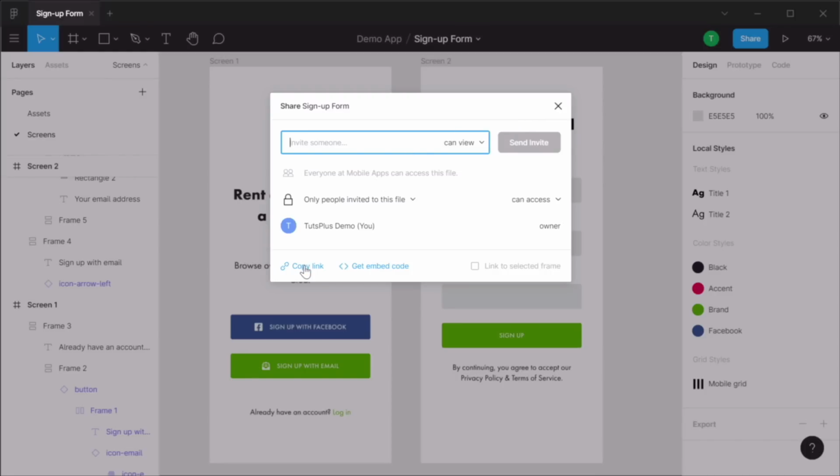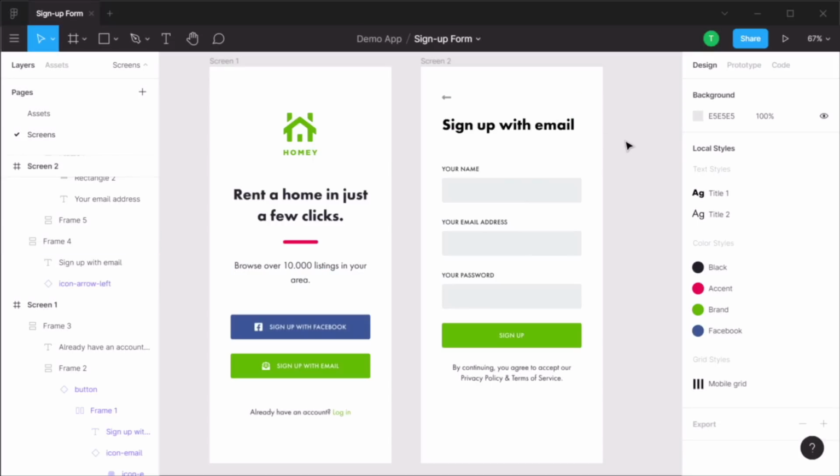Or you can copy a link by clicking on this button, and you can then choose who gets access to this file. Only the people you invited or anyone who has that link. Now, once you invite other people to a project, or you yourself get invited to a project, you can leave feedback by using the comments system. So click on this button or press C,